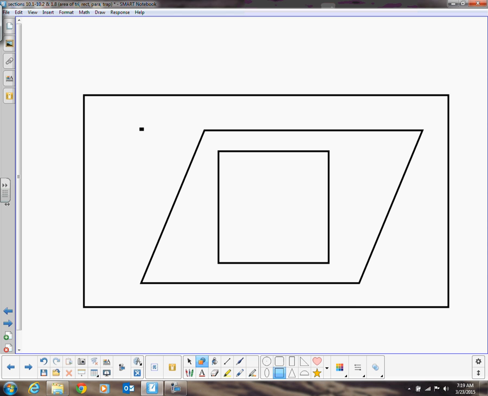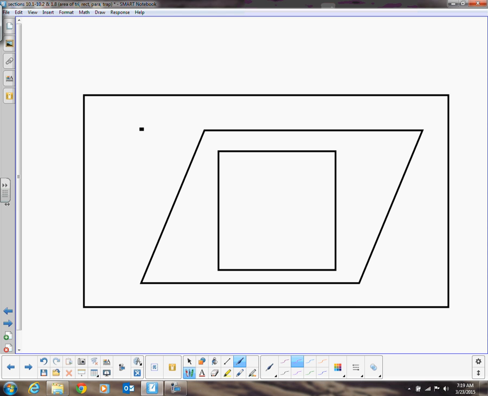And what I want to impress upon you all is that the area formula for all 3 of these is base times height. So if you want to get out your foldable,